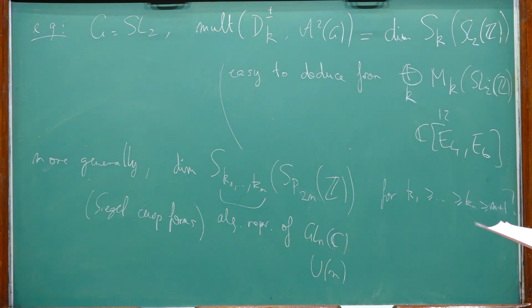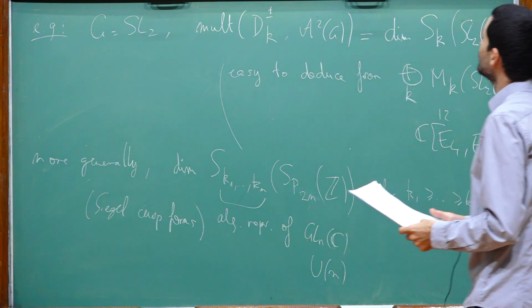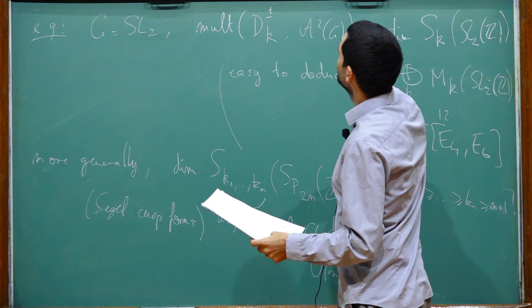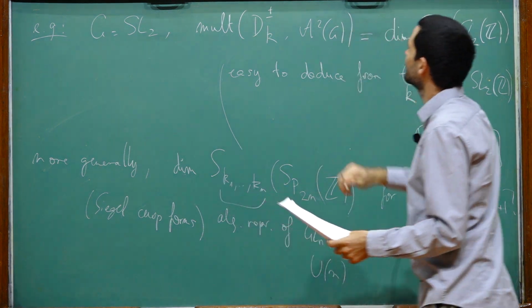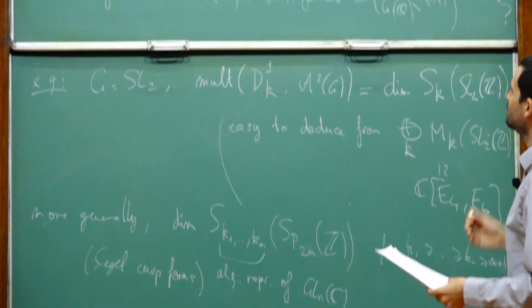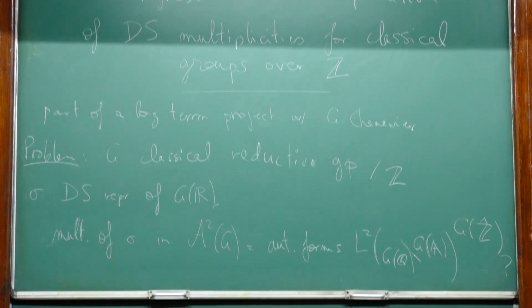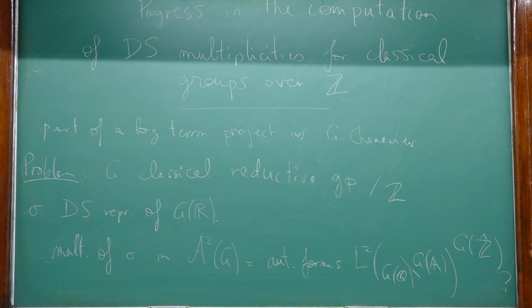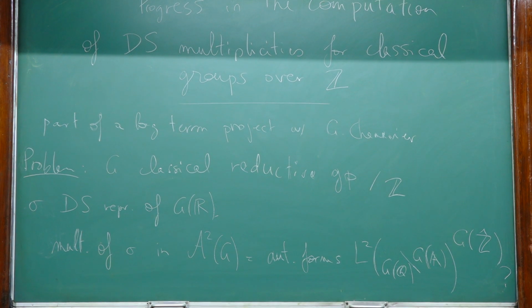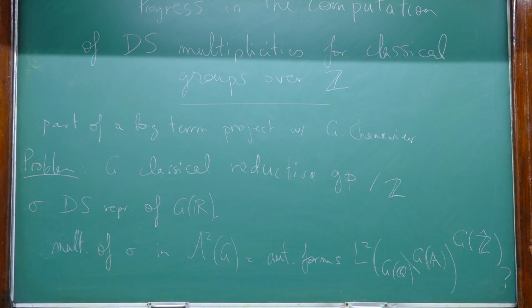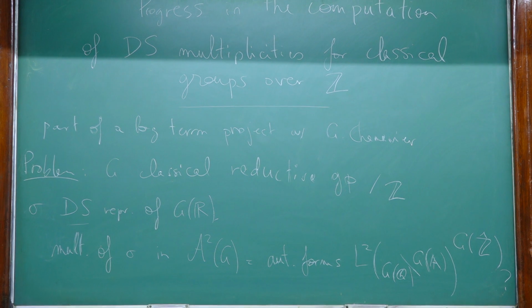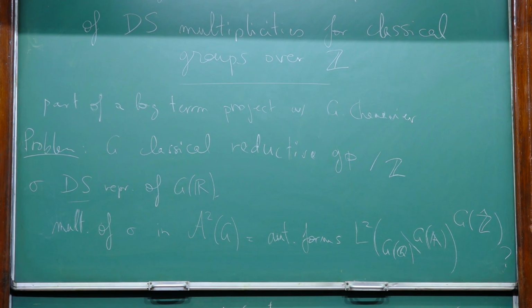Okay, so a couple of remarks about this. So why did I put classical here? Well, it gives nice infinite families of groups, but of course exceptional groups would be interesting as well. So why did I put discrete series? Essentially because